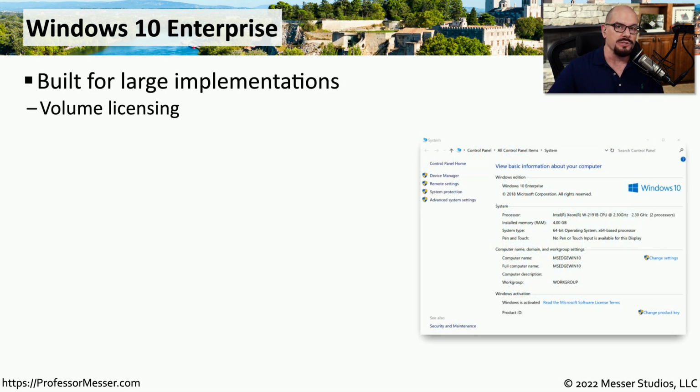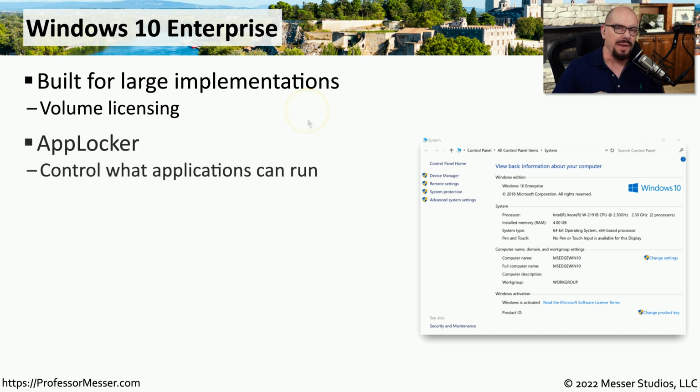If you're using Windows in a large enterprise, then you're probably using Windows 10 Enterprise, which was designed for large implementations that have many different desktops running in the environment. This also allows an organization to take advantage of volume licensing so they can deploy all of the Windows systems they need at a reasonable cost. When you're managing such large environments, you need additional management capabilities. One of those capabilities is AppLocker,